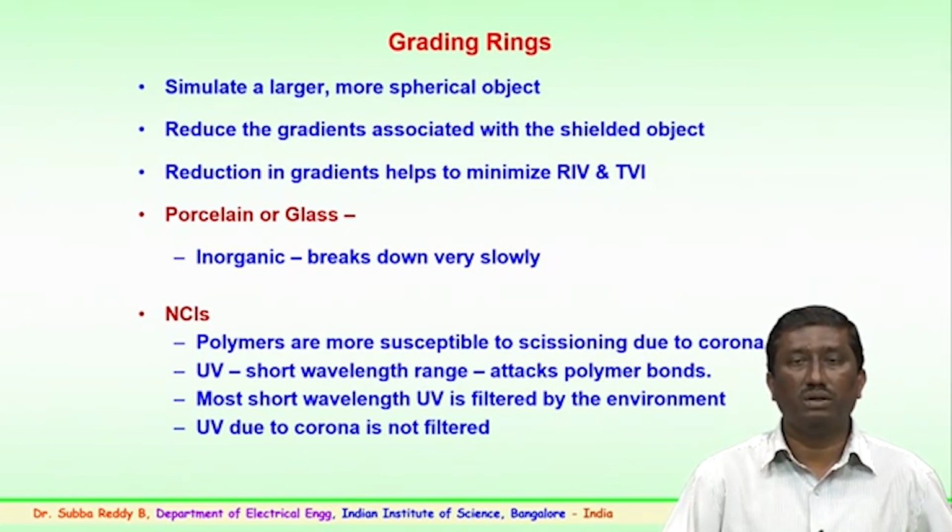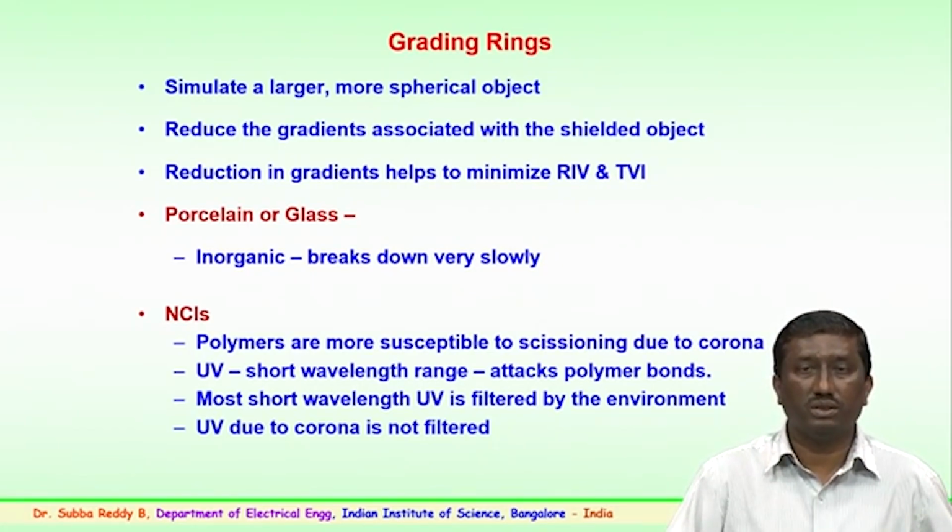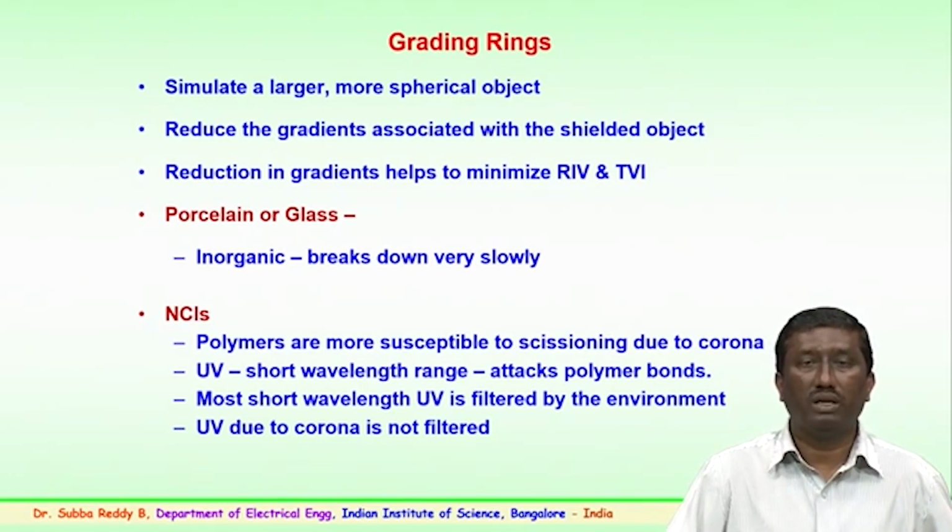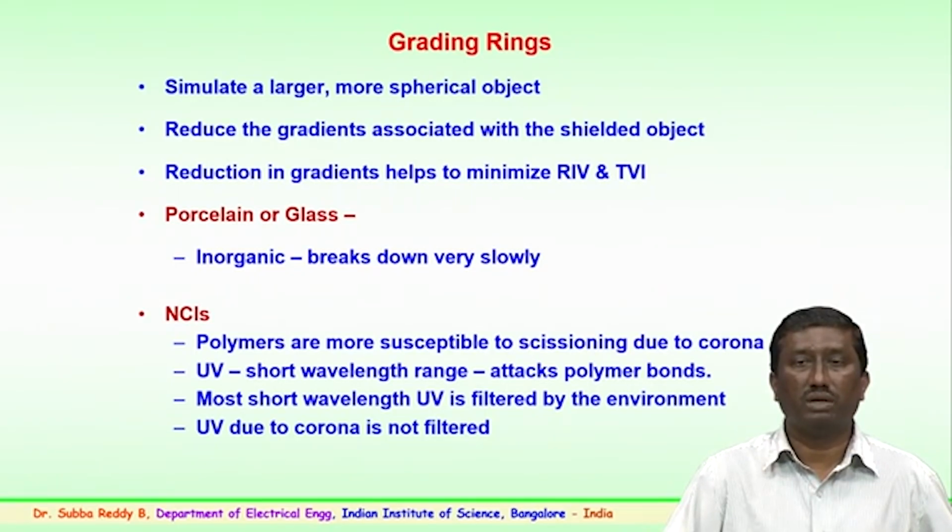If the intensity is high, this may cause the insulator surface to lose its hydrophobicity, and over a period can reduce the surface and insulating properties. This is how it happens due to corona. We will also be discussing the effect of corona on polymer insulators and how it could affect the insulation